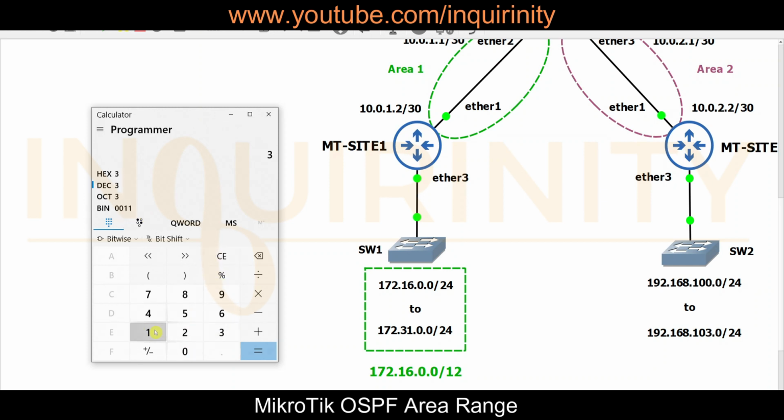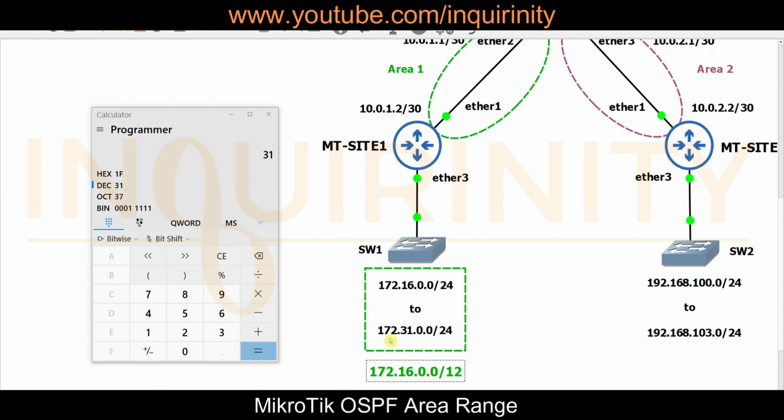And finally 31, you'll notice the constant are the 4 bits only. So meaning to say, the constant now is the first 8 bits of 172 plus the 4 bits on the second octet. 8 plus 4 is equal to 12. So we could summarize the subnets